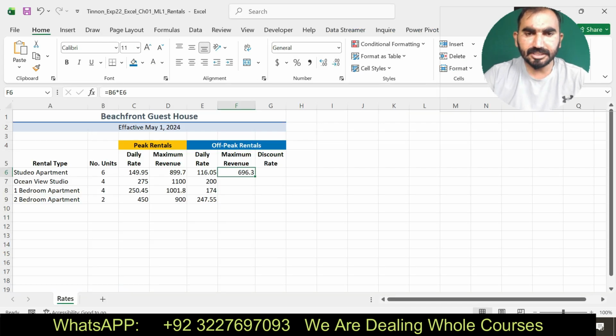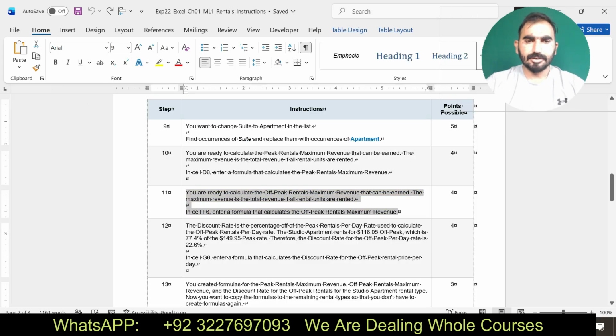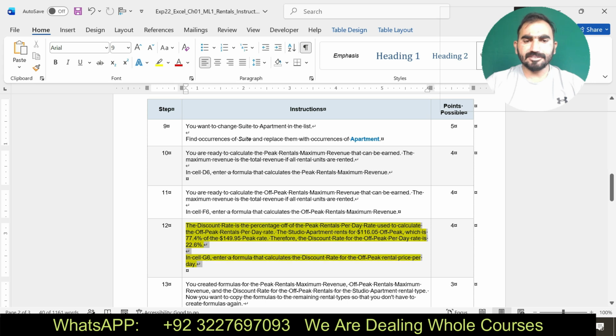Copy the formula by using the fill handle. I have made this modification. Now I am going to move for my next step. Step number 12. Inside G6, enter a formula to calculate the discount rate for off-peak rental price. Okay. I am going to do step number 12.